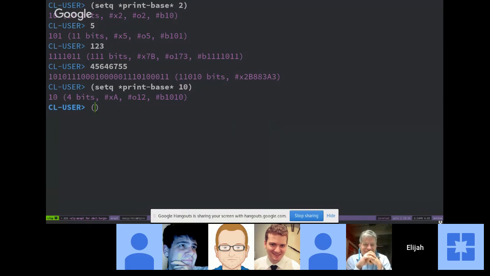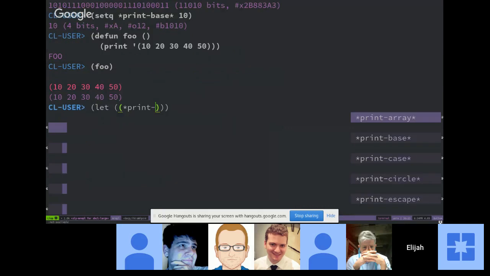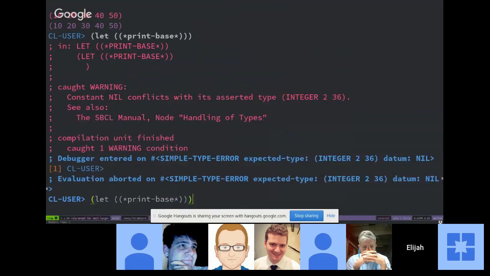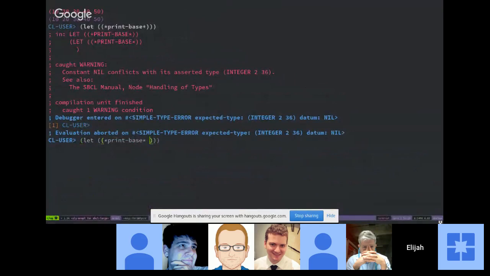Anyway, let's say I define some function, it doesn't really matter what I call it, and what it does is print out some list of numbers: 10, 20, 30, 40, 50. Now if I just call foo, I get those numbers back out like you'd expect. But if I let print base, I need to take that down just a smidge so that things don't keep breaking. If I let print base be 2 and I call foo,